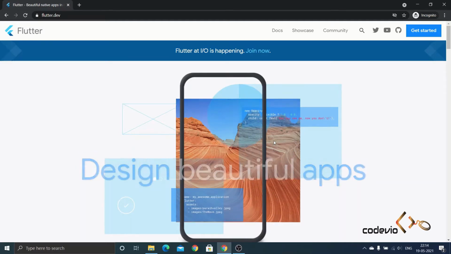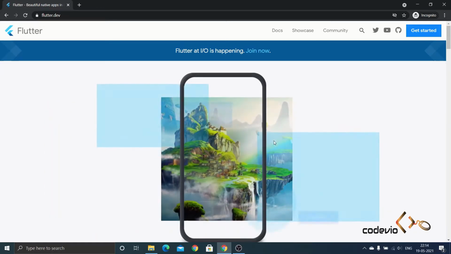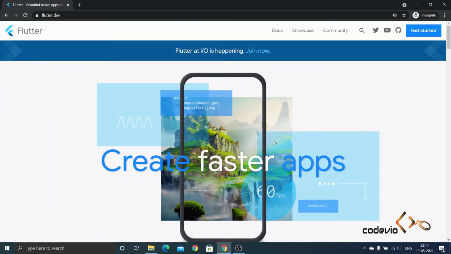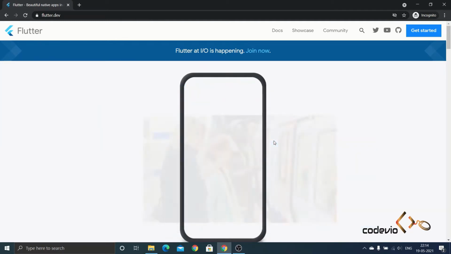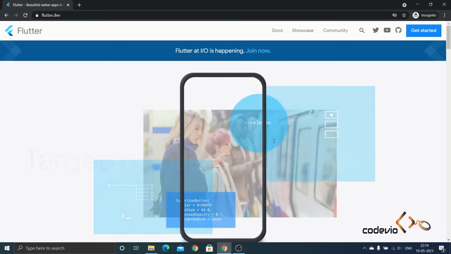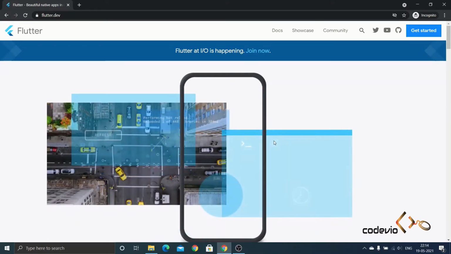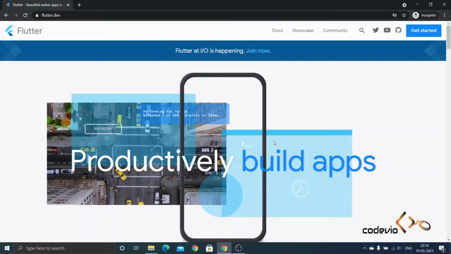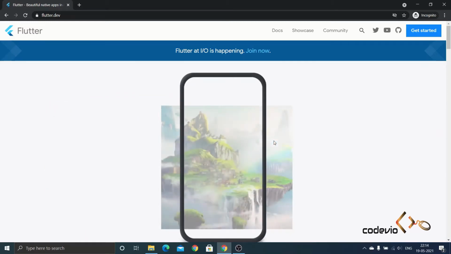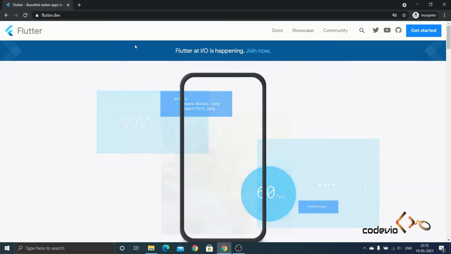Okay, you can see that they are showing the target applications of Flutter and also the features of Flutter. And by seeing this, you may not understand anything, I know that. I'm just showing the official documentation because whenever we are learning a new thing, the official documentation is the best place to start. So don't worry, we'll be going through much more. So don't forget this website. This website is very useful because whenever you need to cross check anything or you have any problem, please go through this website. You will find a solution for everything because they have designed this website just like that. And Flutter has very good community support.